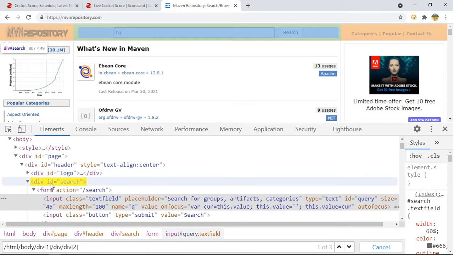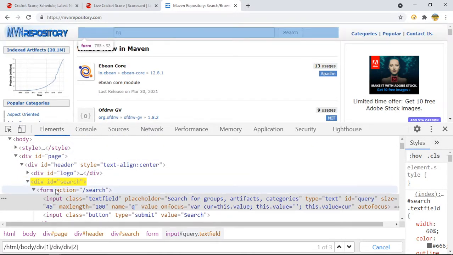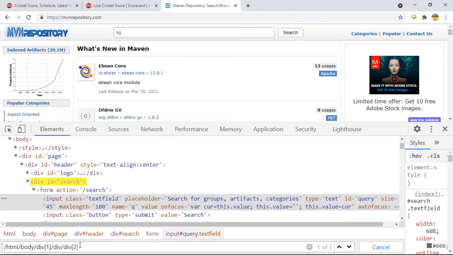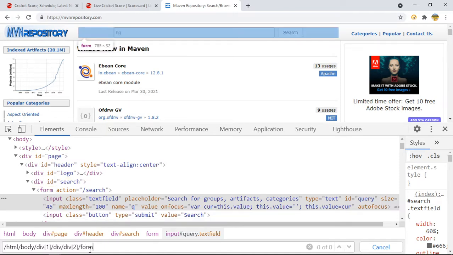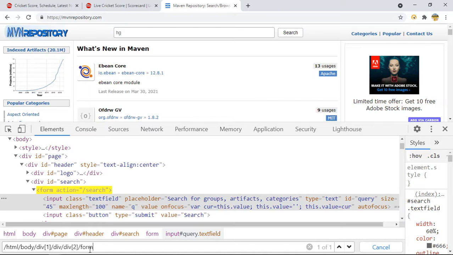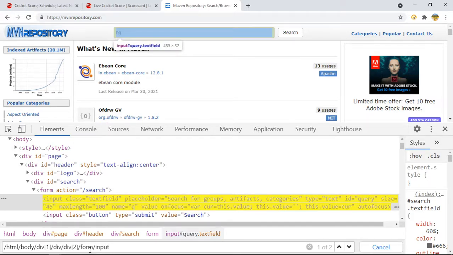Now we are here. After that I want to go to form, because our element is present here, so I will say slash form. Now we are here, and after that I want to go to the input tag, because my text box web element is present here, so I will say input. Now it is highlighting 2. First one is this, second one is this. Which one do you want to go to?